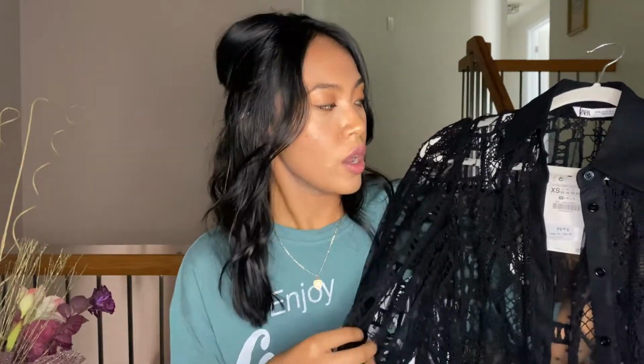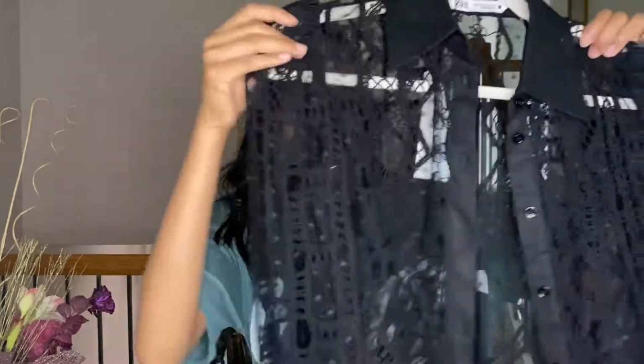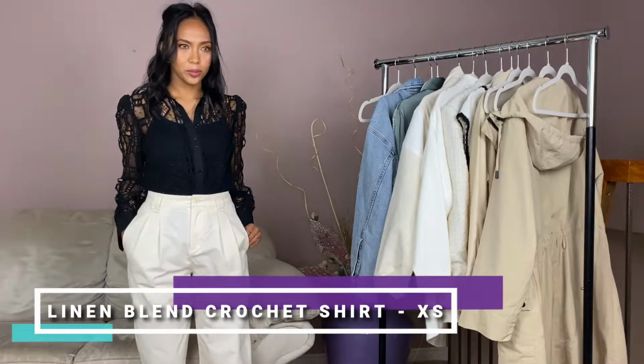All right, next thing I have here is this black crochet top, and I told you guys I was experimenting more with different materials and things like that. This is definitely more within my zone of what I would wear and what I would like. What really caught my attention was definitely the details and the patterns and the design on it. You can't really see it just off the bat like this, but when you see it on the person,